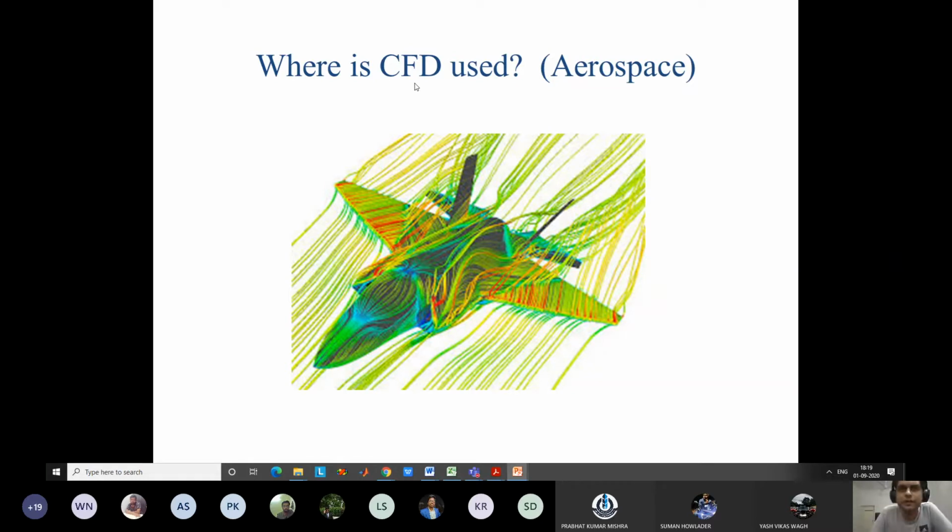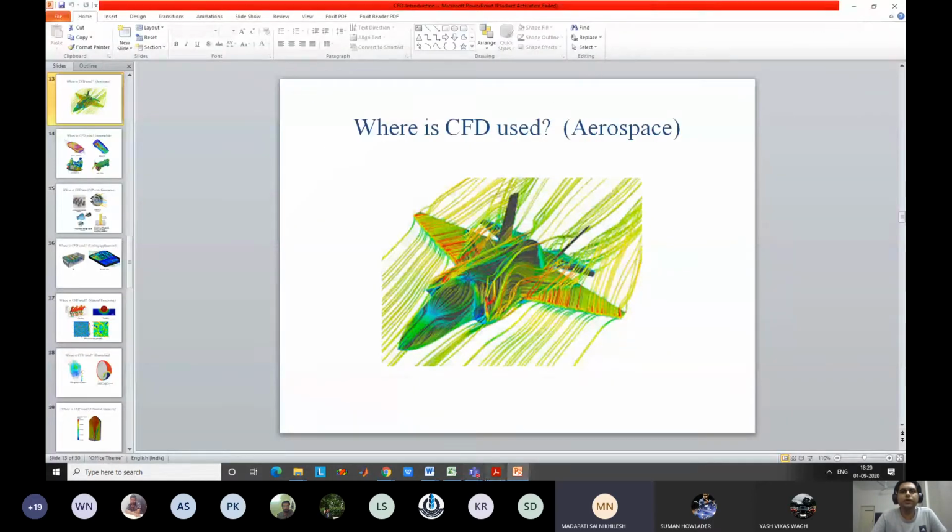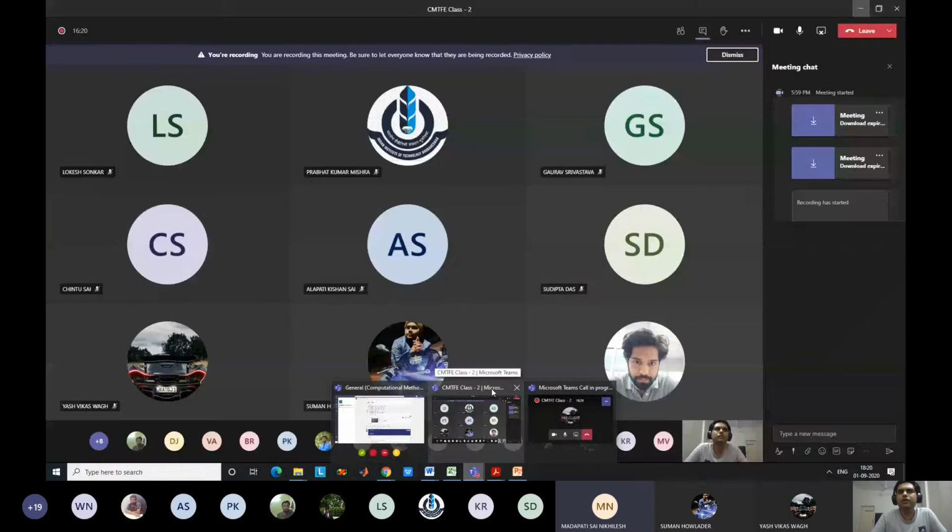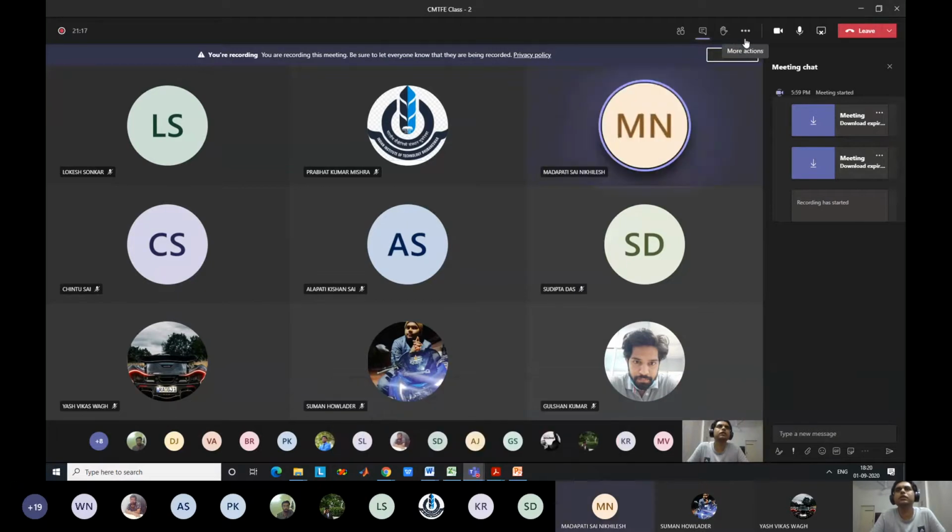Sir, I have a question, sir. Yes, yes. Sir, when you told about grid generation, don't we have a particular method? Like, for example, if we have a time step, then this is the minimum length of the grid point, minimum length of an element. Good point. It depends on what type of scheme, like what type of algorithm we are going to use. Okay, okay, sir. Just a second. Okay, can I know who is asking the question? Sir, this is Nikhilesh. Okay, okay.